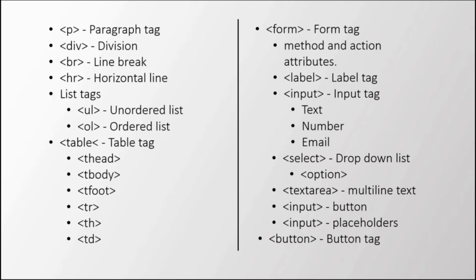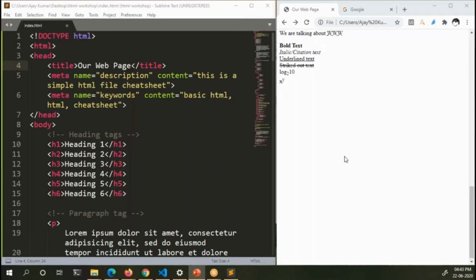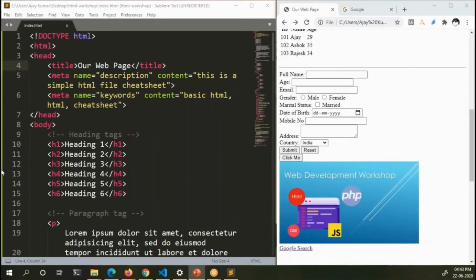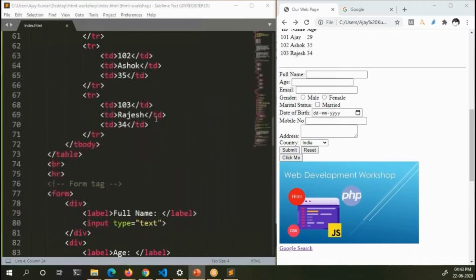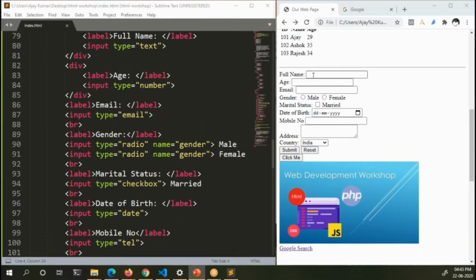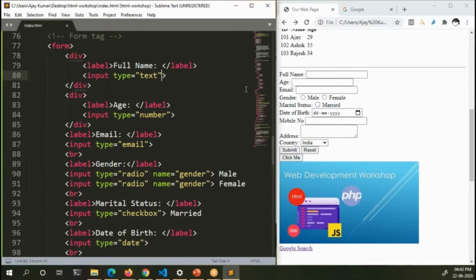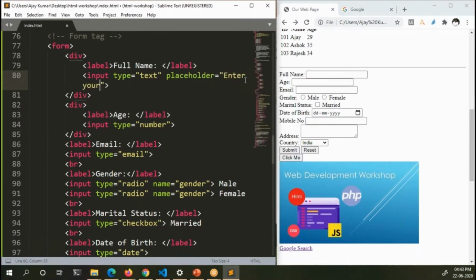And another thing that we haven't seen is the placeholders for the form elements. Let us just get back a little. For example, if I want to specify that this text box is for entering full name, of course we have set the label, but what we can do is we can also add something called placeholder equal to enter your name.